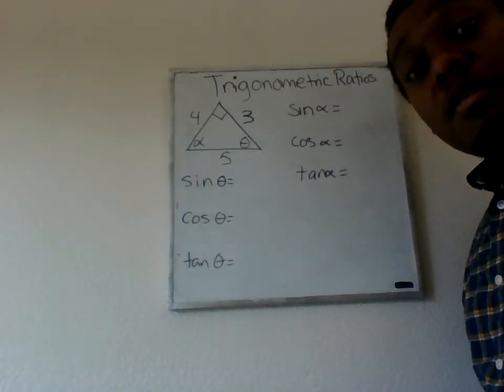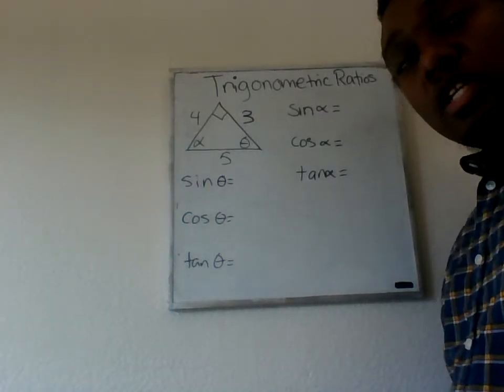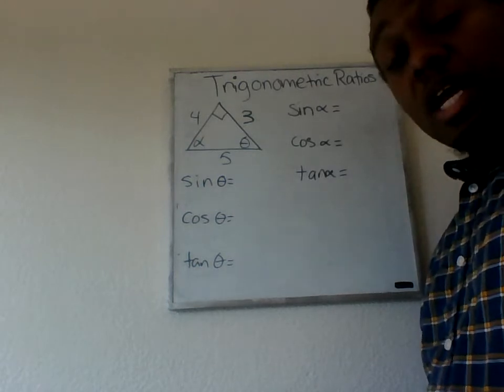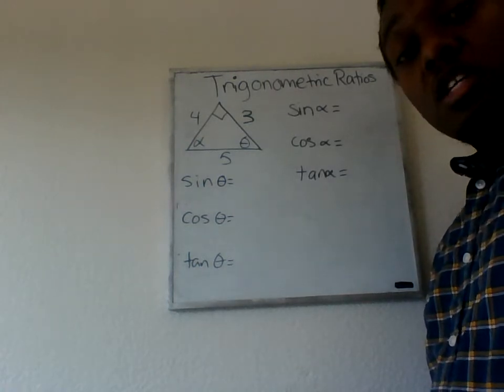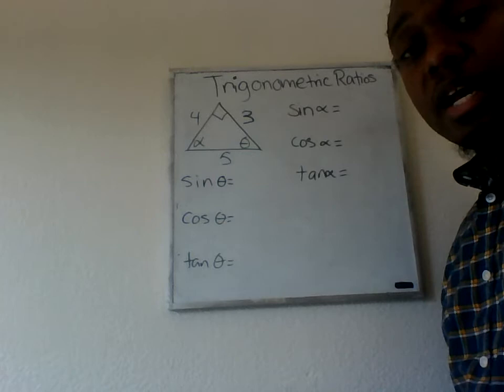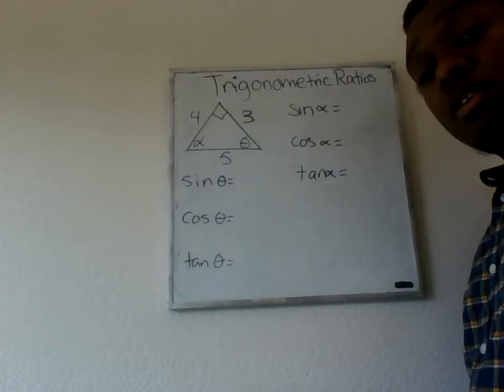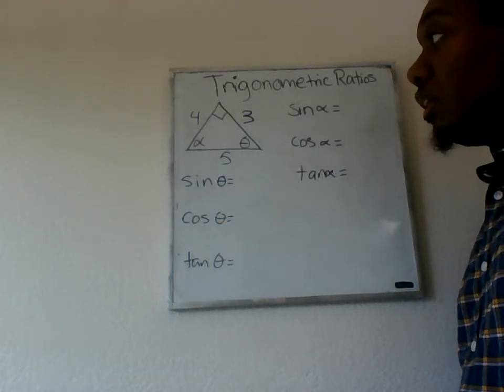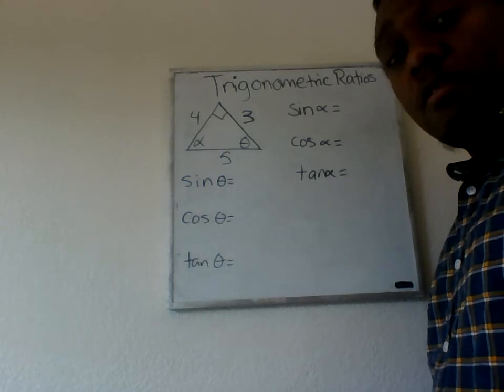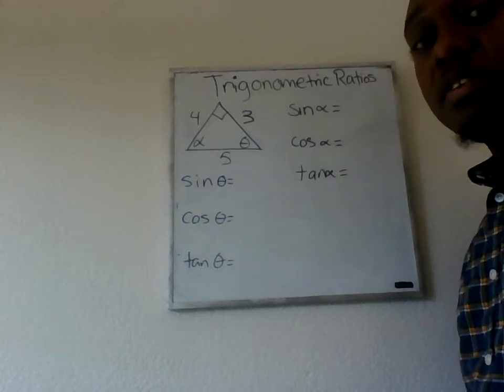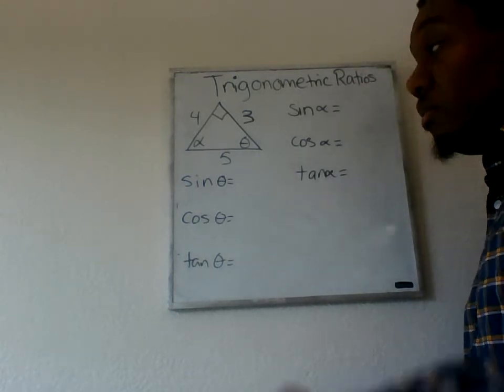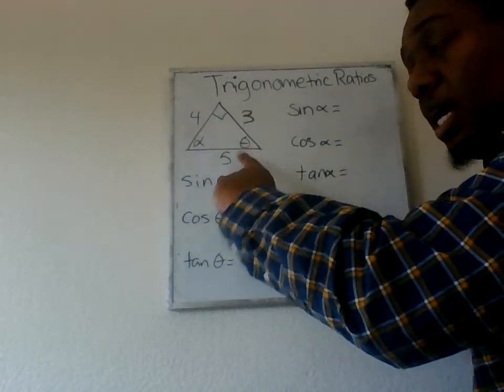All right, so today we're going to look at a couple of examples of using trig ratios, learning how to set it up, and then we'll look at using them to solve problems involving right triangles. So first and foremost here, let's look at the right triangle we have. It's a 3, 4, 5 triangle, so we know it's definitely a right triangle. If we didn't know to be sure, we could do 3 squared plus 4 squared, and it should equal 5